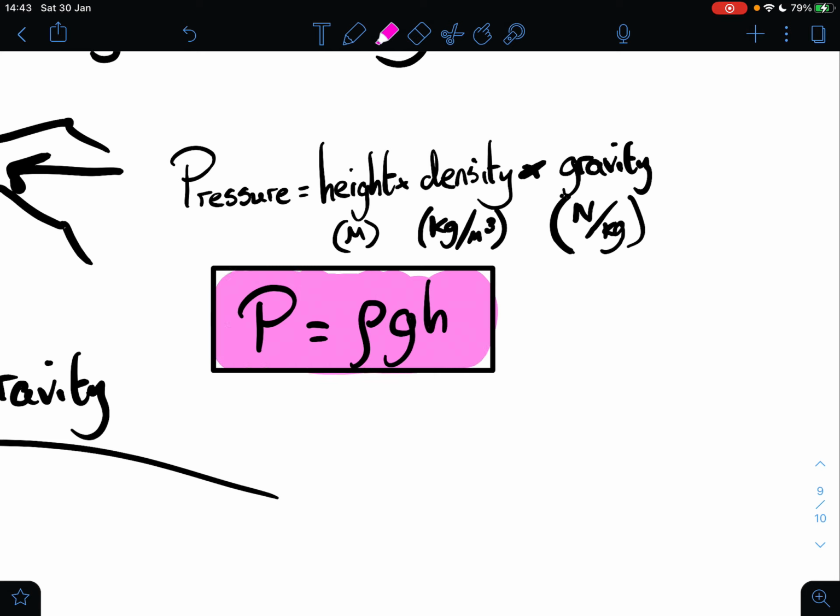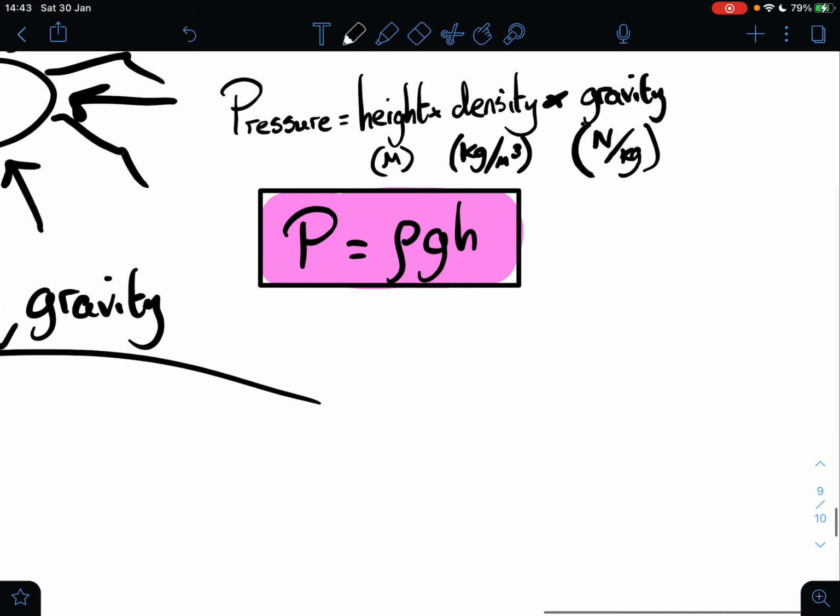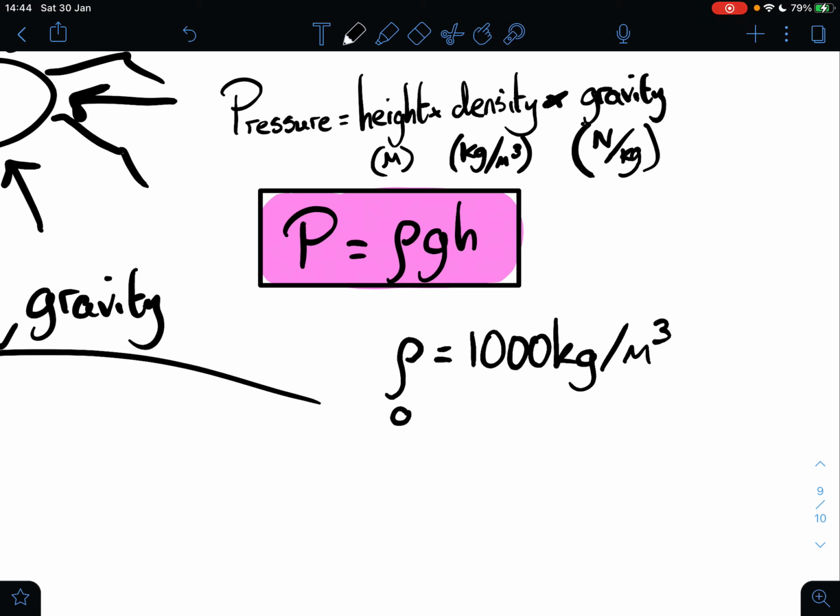Okay, now let's have a look at it in action. So what if you swam to the bottom of a 3 meter deep pool? So let's give it a go. So, rho of water, let me write rho properly. It's got a tail on it. Rho of water, density of water, is 1,000 kilograms per meter cubed. Gravity is 9.8